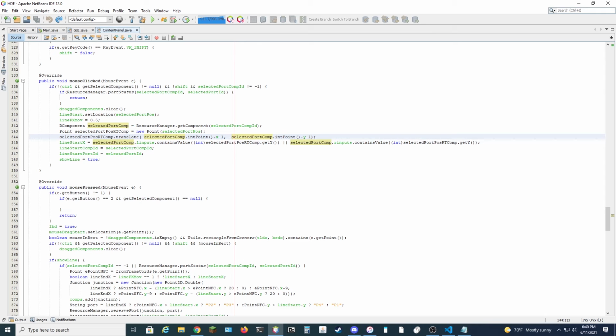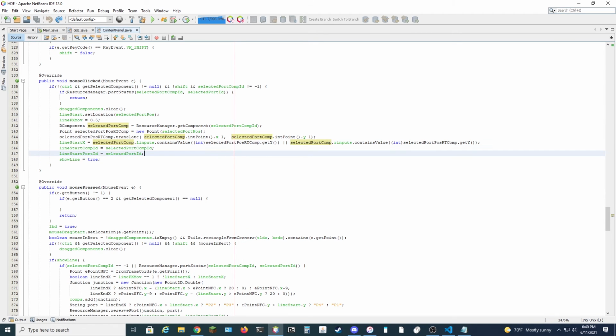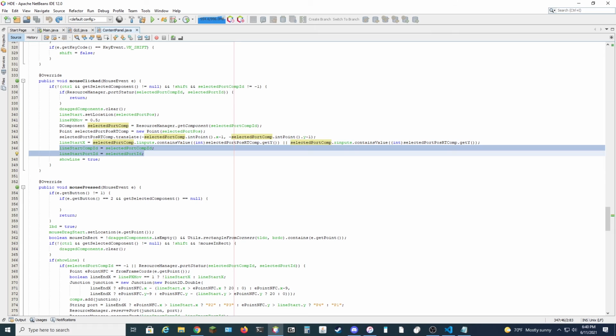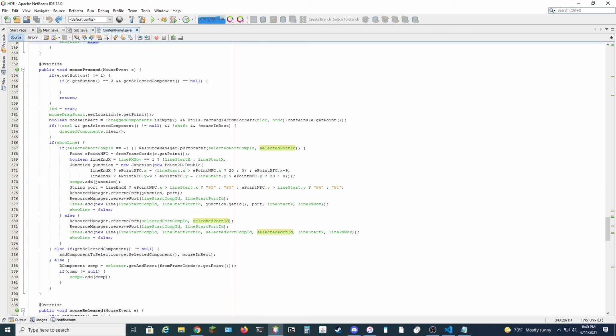Then we will save all of the selected port IDs, component IDs into the line start location and say that we are starting to create a line. Next up, if we